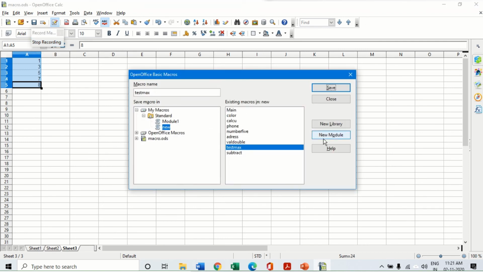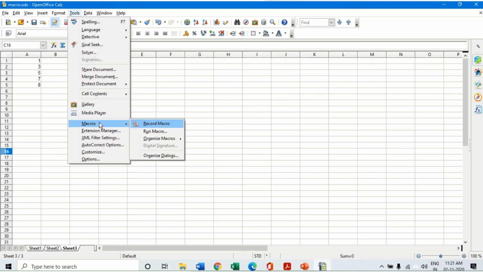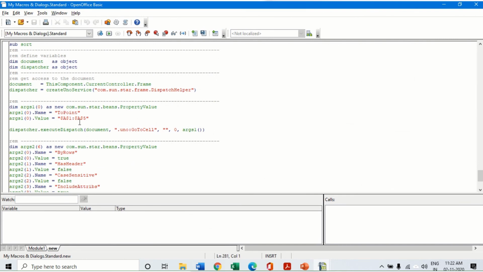Here I will give a name to it. In the new module, I'm going to give a name to the macro. Let's take Sort macro and save it. Now when I go to Tools, Macro, and the Macro Organizer, you will see Edit, and here the macro gets written.